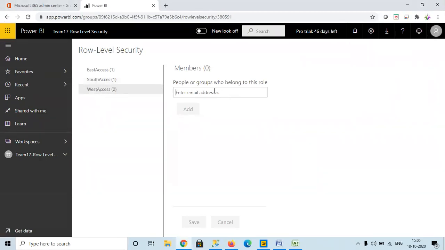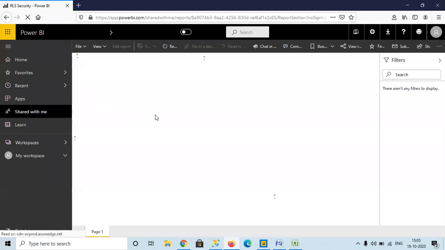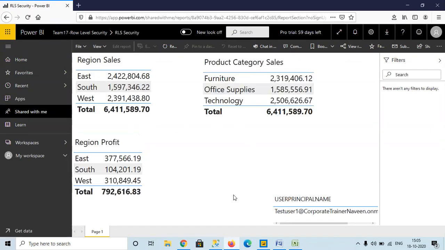If I add him to the west also, save it, done, he has been provided access. Let me refresh the report. Automatically he should be able to see all 3 regions. So this is the static way of implementing row level security.